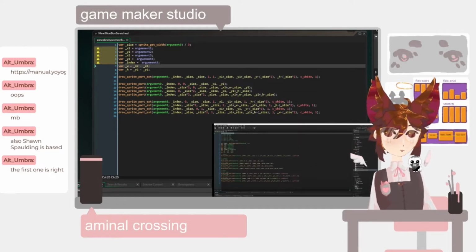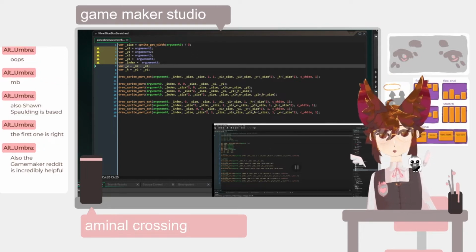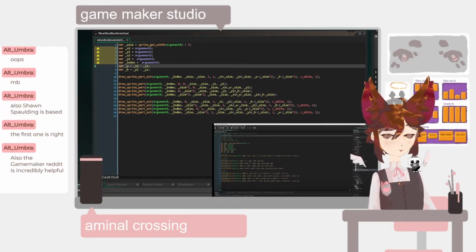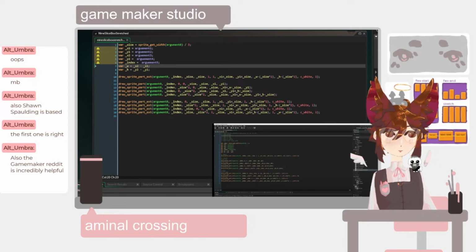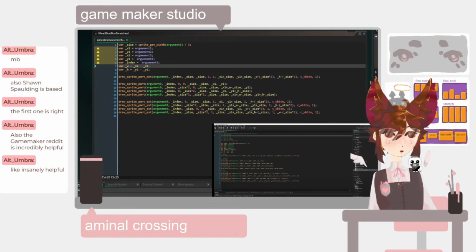So yeah, I'm just gonna, I wish that you provide it and chops it up into 9. The only thing that I wish, GameMaker Reddit is incredibly helpful. That's awesome. I'm glad that it is. The only thing that I wish